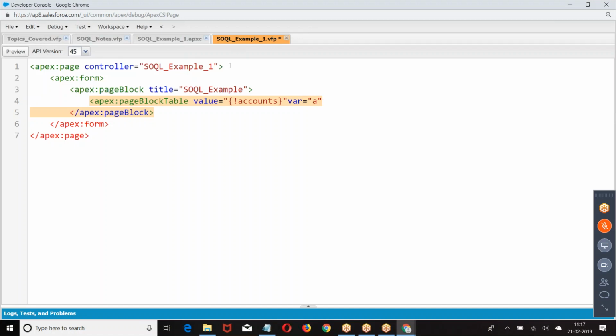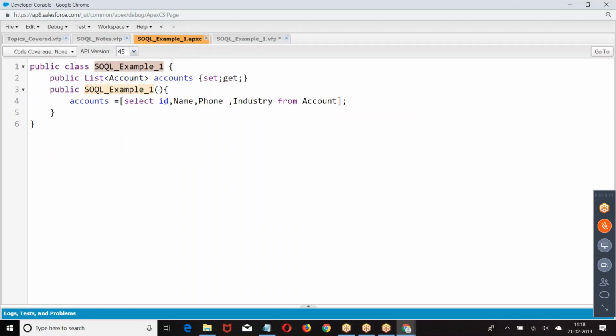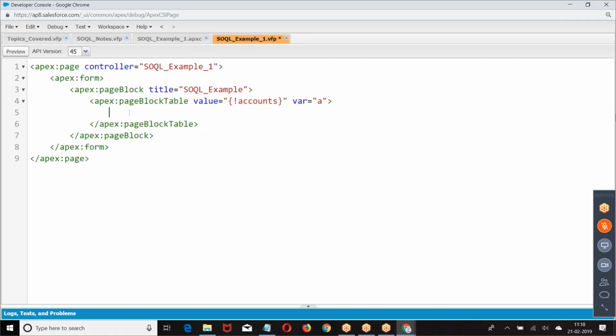Now, whatever the list of records you want to display, I have written a SQL query and fetched. The same records I am displaying here.